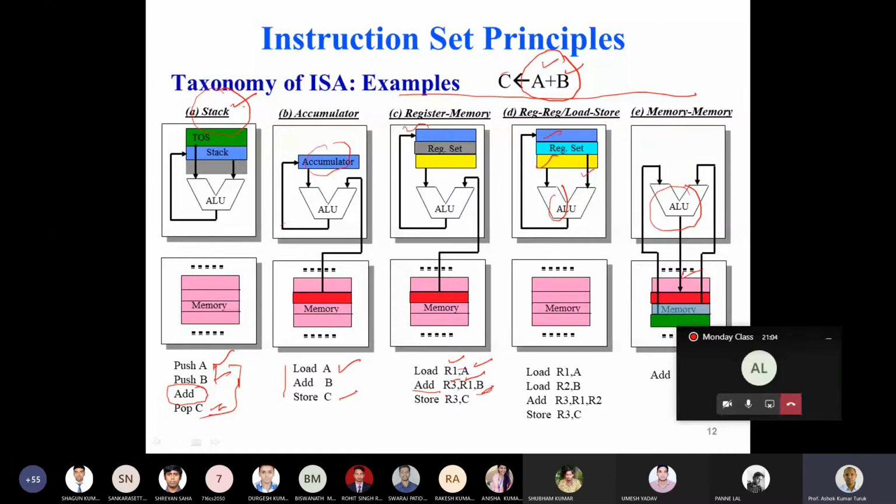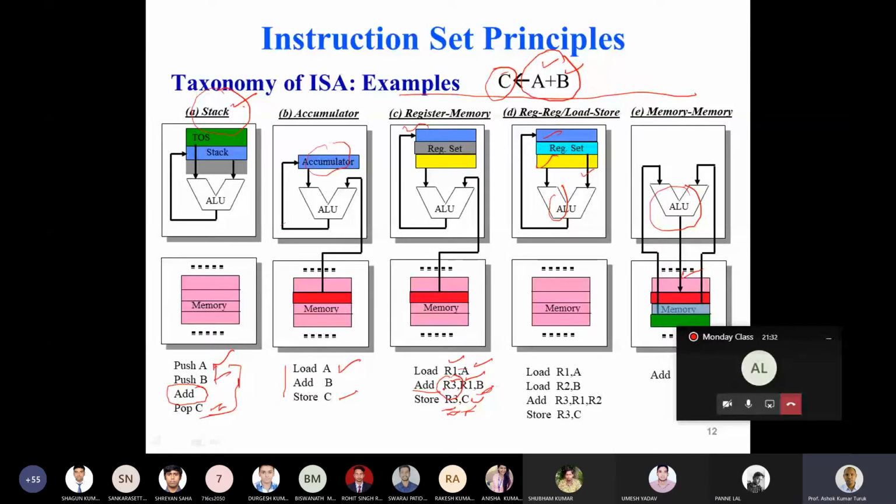Now it is there in the register R3, but it must be stored back in the memory location C. So store the content of the register R3 in the variable C, which is somewhere in the memory location.